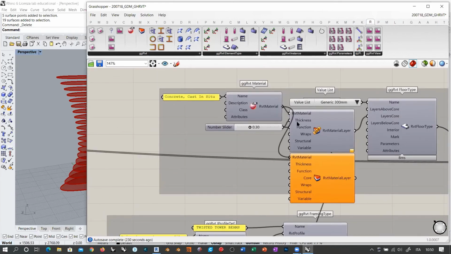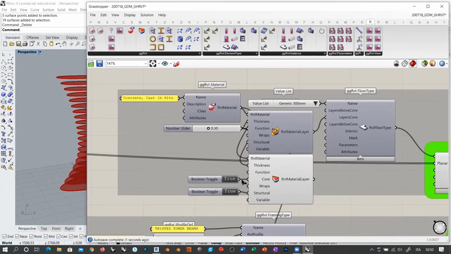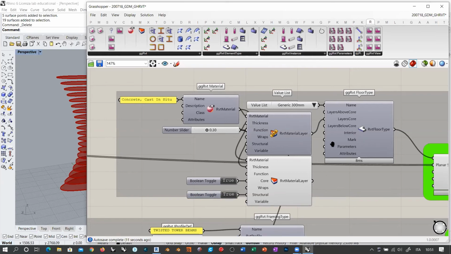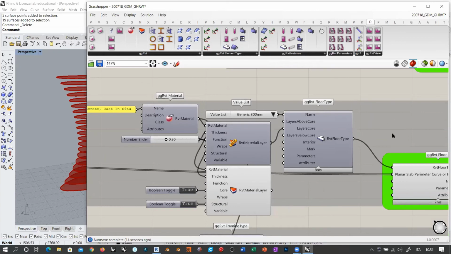So Revit material is going to remain this, thickness is going to remain this, and function is going to be structure, but I'm going to add a Boolean toggle. Core is going to be true, and structural is going to be true as well. Remember that this structural thing affects the floor plan visualization that we saw yesterday. Okay, and so I'm going to use these as